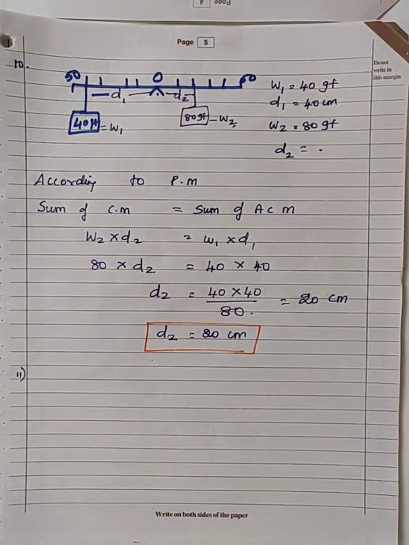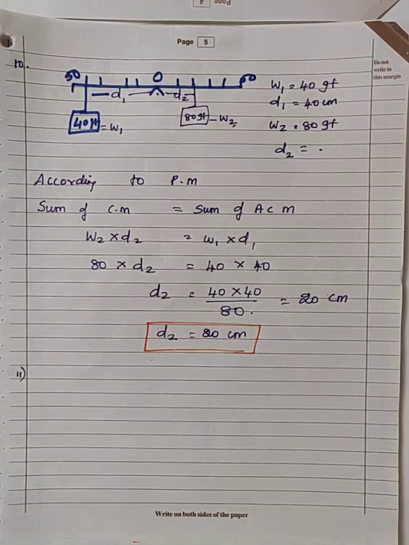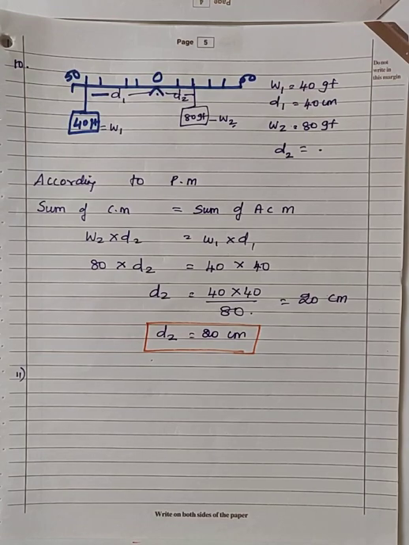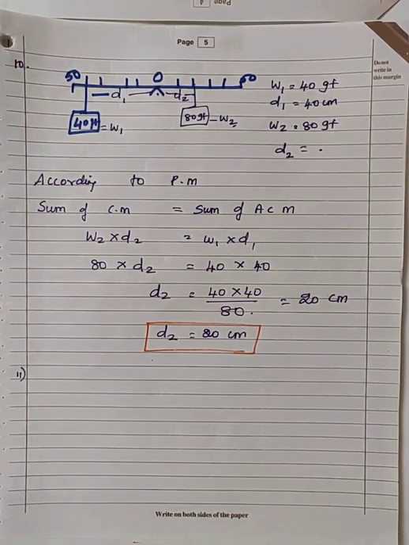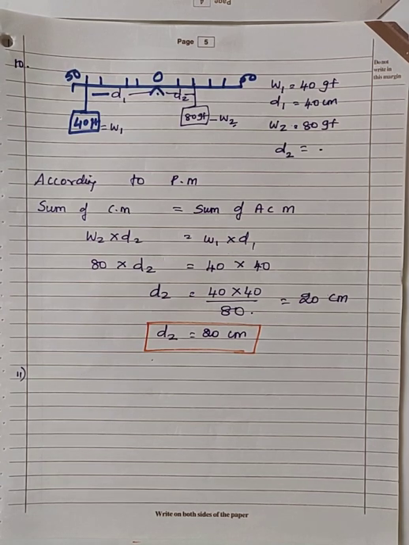Okay. Here, the first question asked is, is the meter rule in equilibrium? We know that if the sum of clockwise moment is equal to the sum of anti-clockwise moment, then only the ruler will remain in equilibrium. So the first question is, is the meter rule in equilibrium? So we have to calculate the clockwise moment. Then we have to calculate the anti-clockwise moment. Then we say that if these two are equal, then this ruler will remain in equilibrium. If not, it will not remain in equilibrium.